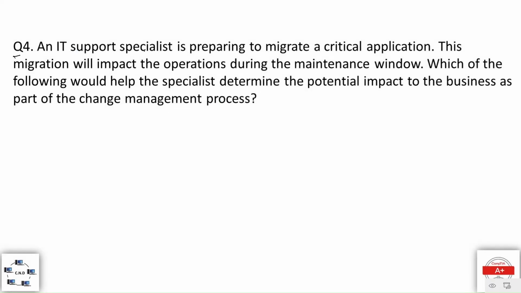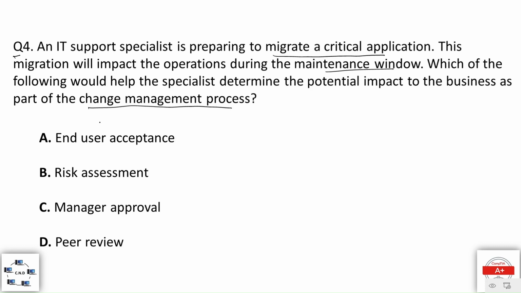Question number 4. An IT support specialist is preparing to migrate a critical application. This migration will impact the operations during the maintenance window. Which of the following would help the specialist determine the potential impact to the business as part of the change management process? The options are option A, end user acceptance, option B, risk assessment, option C, manager approval, and option D, peer review. And the correct option is